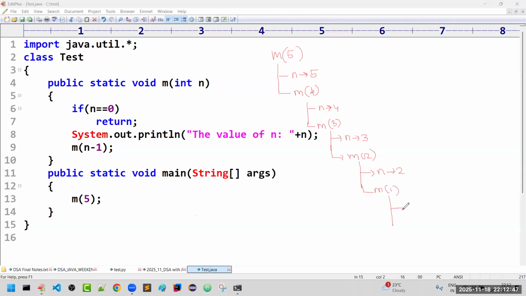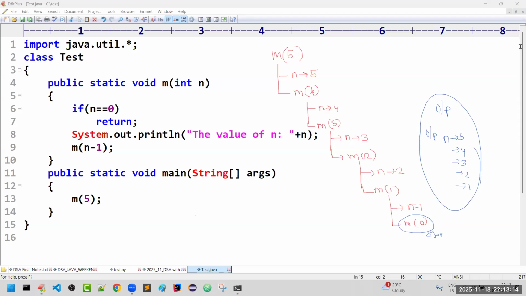For 1, it prints n value is 1, and m of 1 minus 1, 0. Now it stops. What is our output, friends? N value is 5, 4, 3, 2, and then 1. Like this I will get the output.